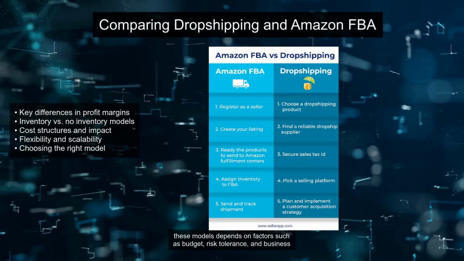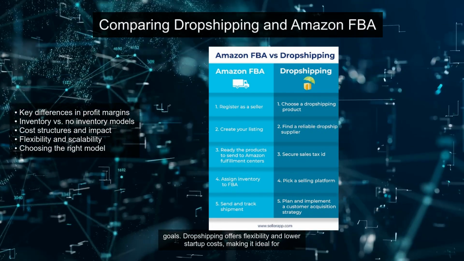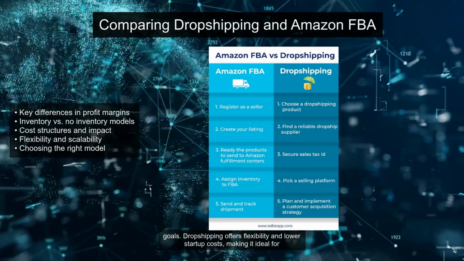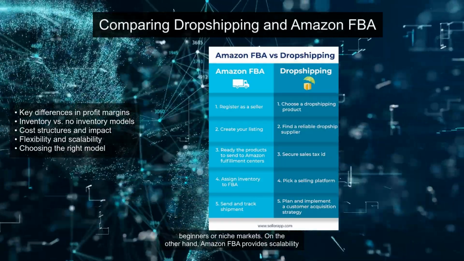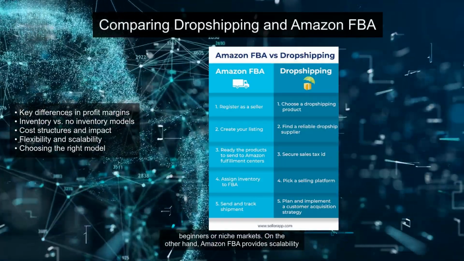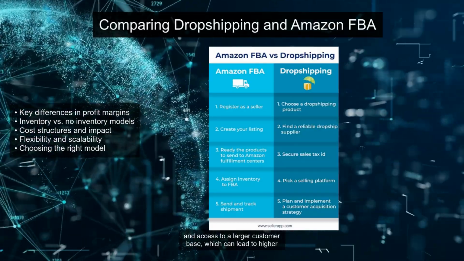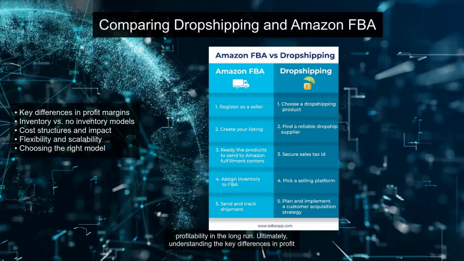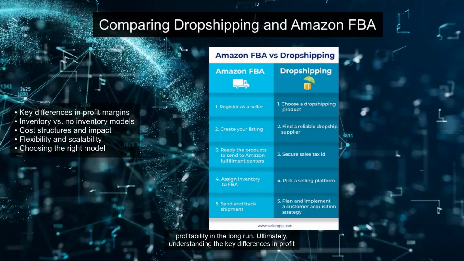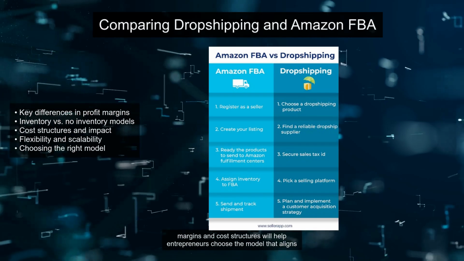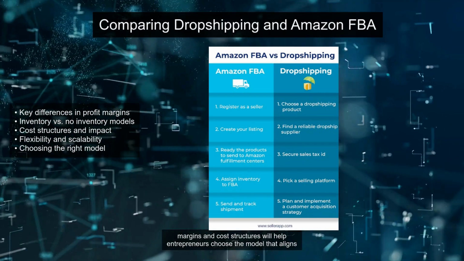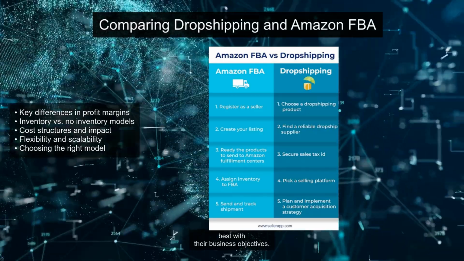The choice between these models depends on factors such as budget, risk tolerance, and business goals. Dropshipping offers flexibility and lower startup costs, making it ideal for beginners or niche markets. On the other hand, Amazon FBA provides scalability and access to a larger customer base, which can lead to higher profitability in the long run. Ultimately, understanding the key differences in profit margins and cost structures will help entrepreneurs choose the model that aligns best